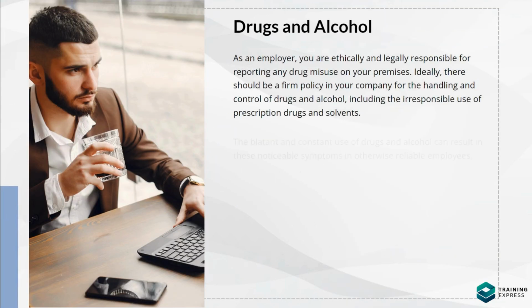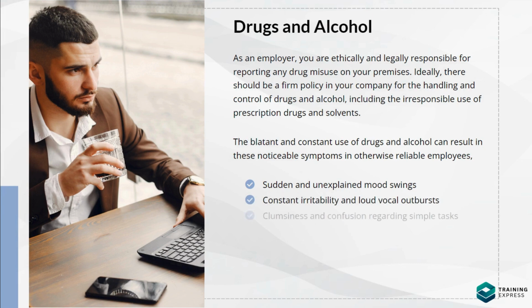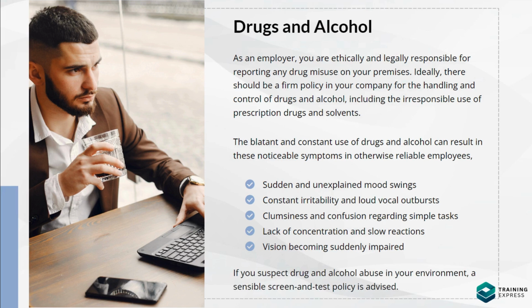Drugs and alcohol. As an employer, you are ethically and legally responsible for reporting any drug misuse on your premises. Ideally, there should be a firm policy in your company for the handling and control of drugs and alcohol, including the responsible use of prescription drugs and solvents. The blatant and constant use of drugs and alcohol can result in these noticeable symptoms in otherwise reliable employees: